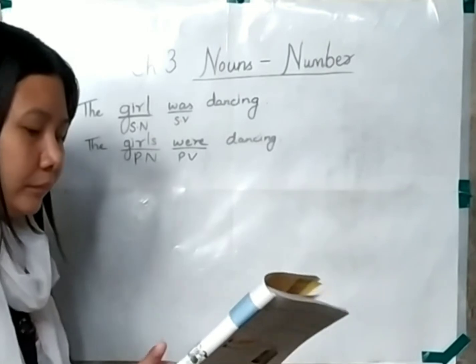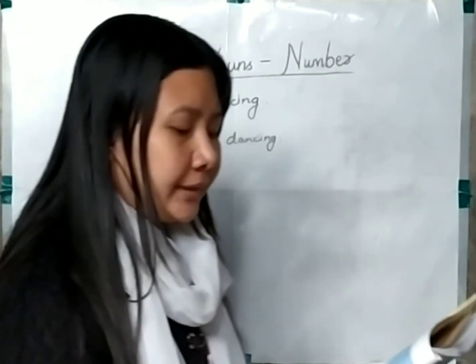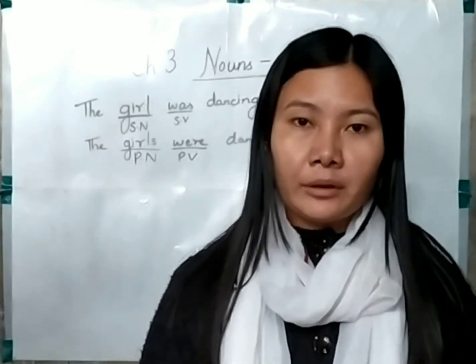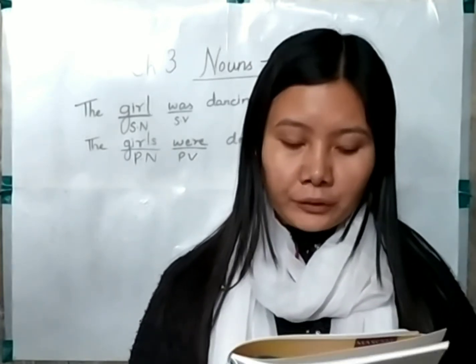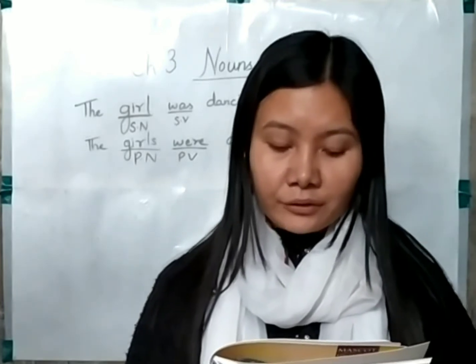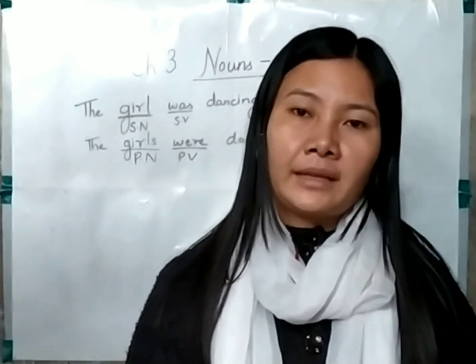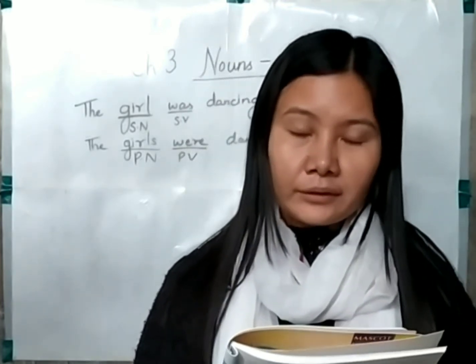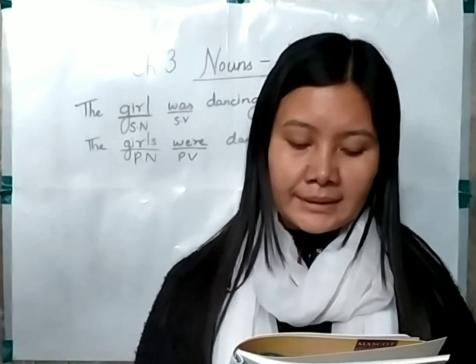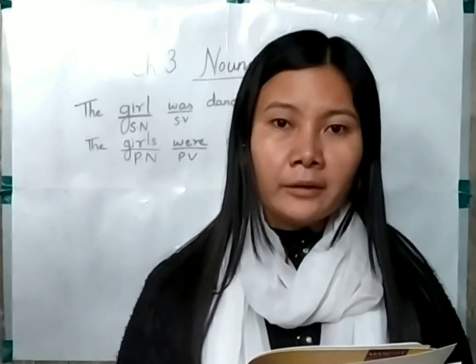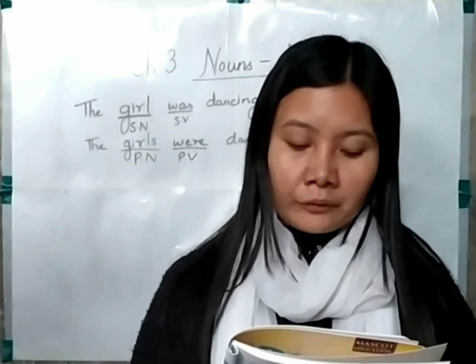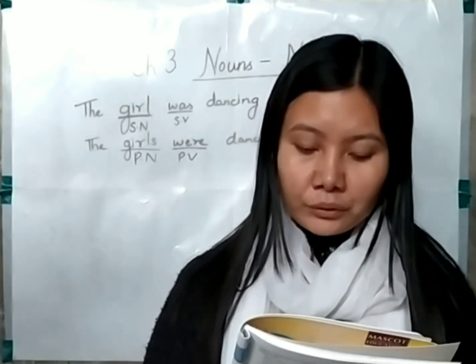were. Similarly, in example 3, you can see the baby is crying. Baby is an example of a singular noun. And in the fourth example, you can see the babies are crying. Babies over here is an example of a plural noun. In the third example, the singular noun baby is followed by the singular verb is. In the fourth example, the plural noun babies is followed by the plural verb are. The verb following the noun also changes in number.